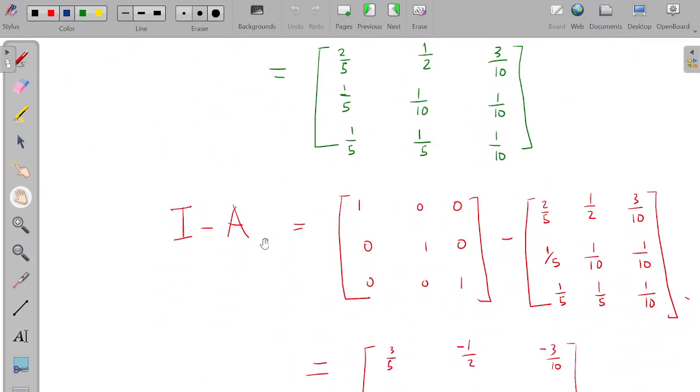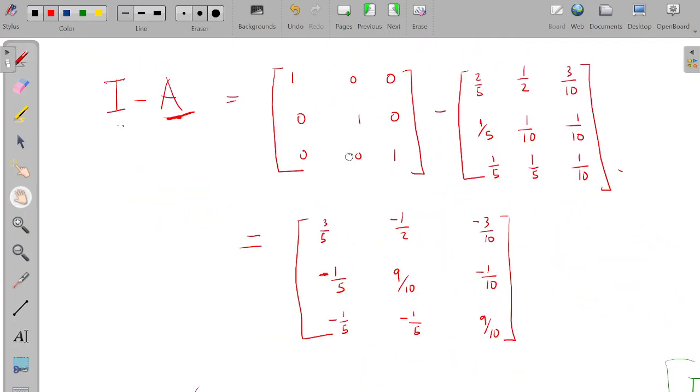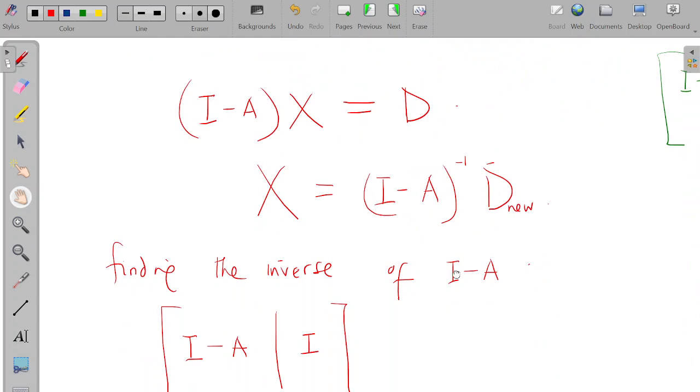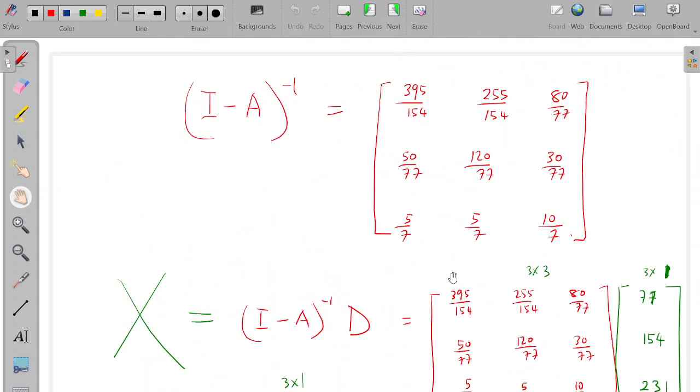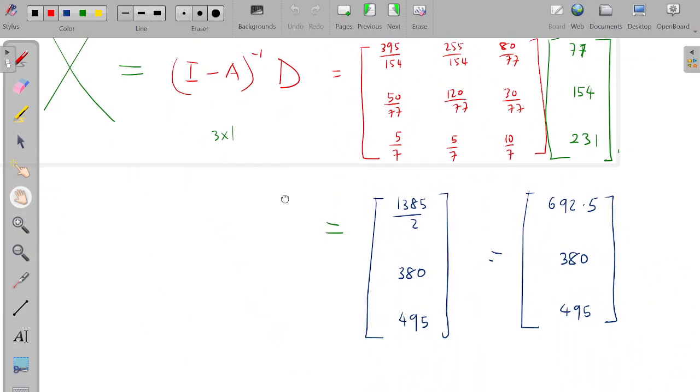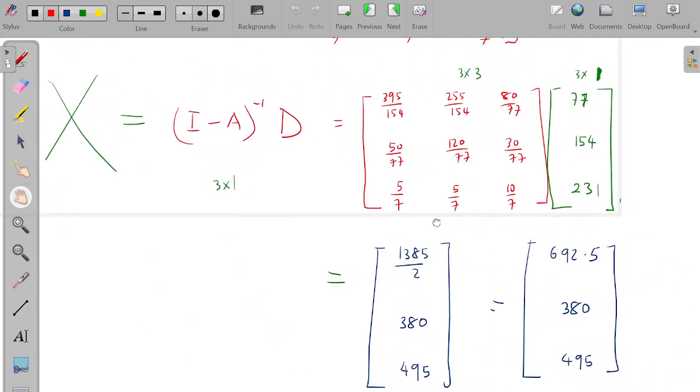Then you find the coefficient matrix by taking the Leontief matrix away from the identity, not the identity from it. Then you find the inverse of that, and multiply it by the new D,